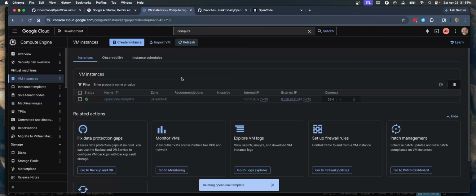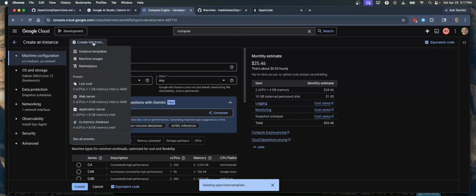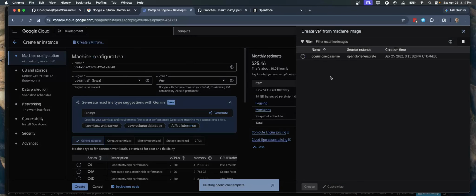Should be working on the delete. Okay, and then we're going to create some new ones. So let's do create instance. Oops, create from machine images. Select that. Customize,